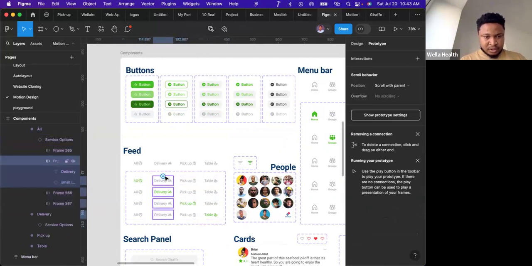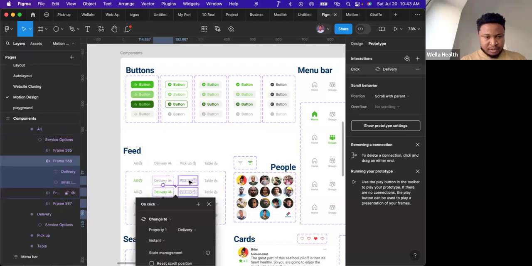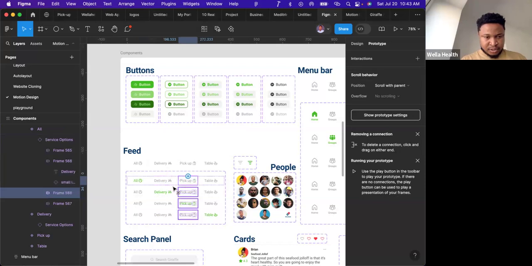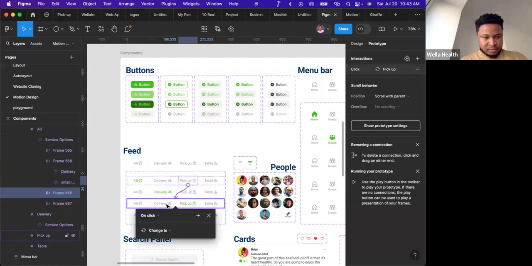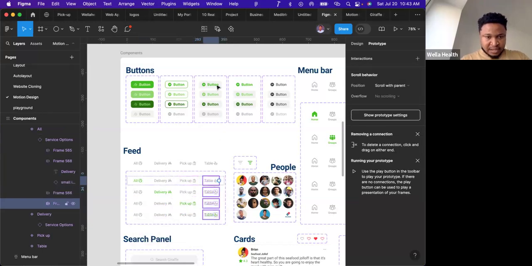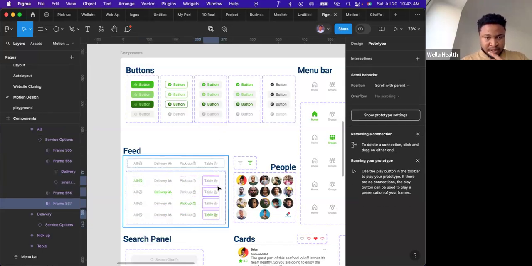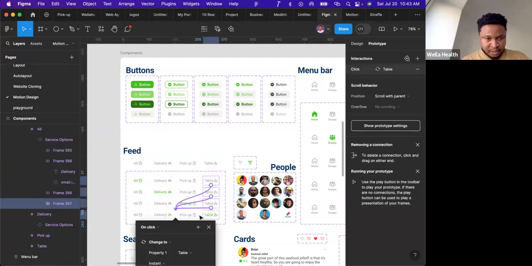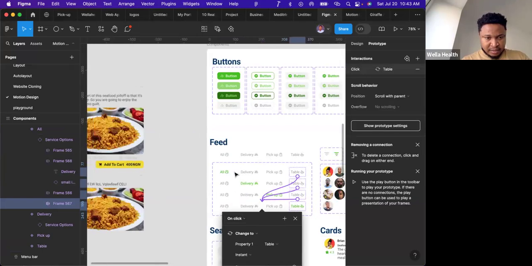Should lead to delivery, and then pickup should lead to pickup. To all its detail, right? So that when I take